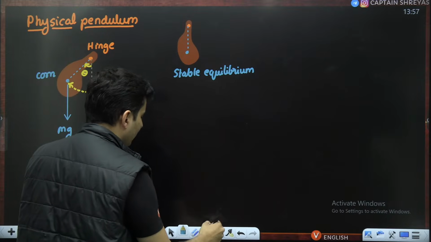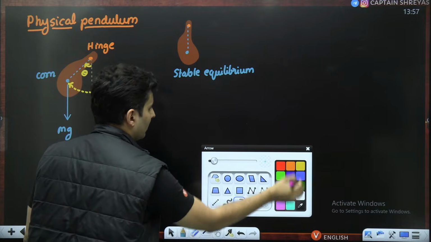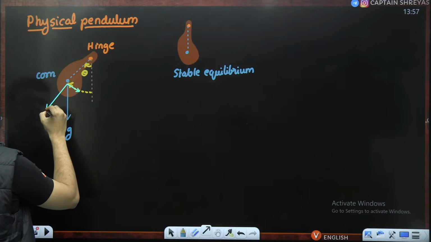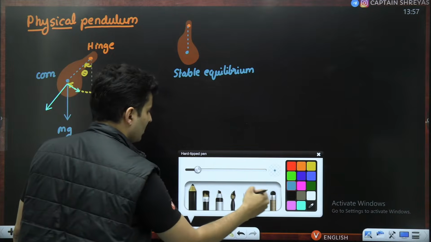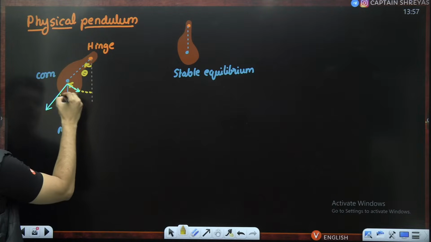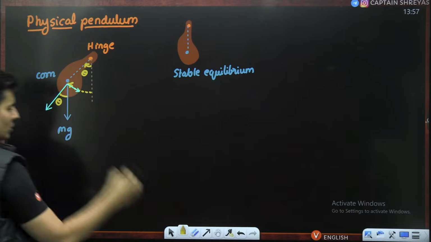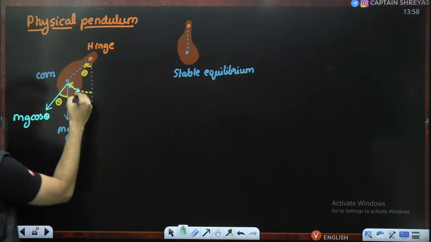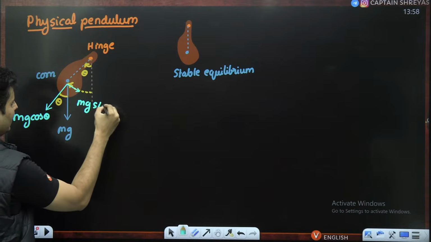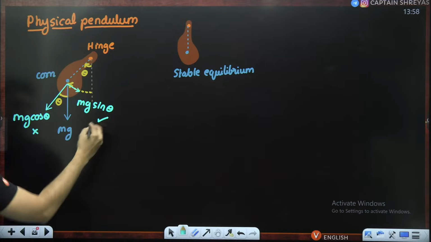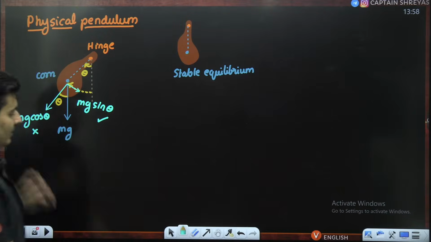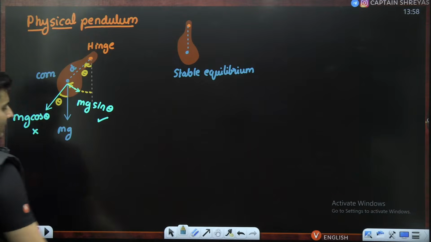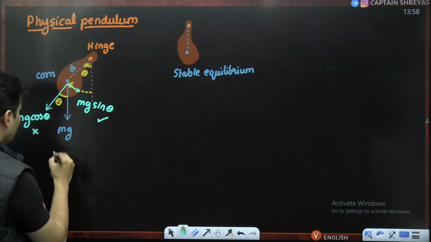mg's component will be there over here. One of the components will be like this, and the other component will be like this. It's obvious that since this is theta, even this is theta. So mg cos theta will not create any kind of torque, but it is mg sin theta which creates torque. So this is going to create a torque, and let's say this distance is also known to me. How far is center of mass from the hinge? Let's say I call it as d. So the restoring torque